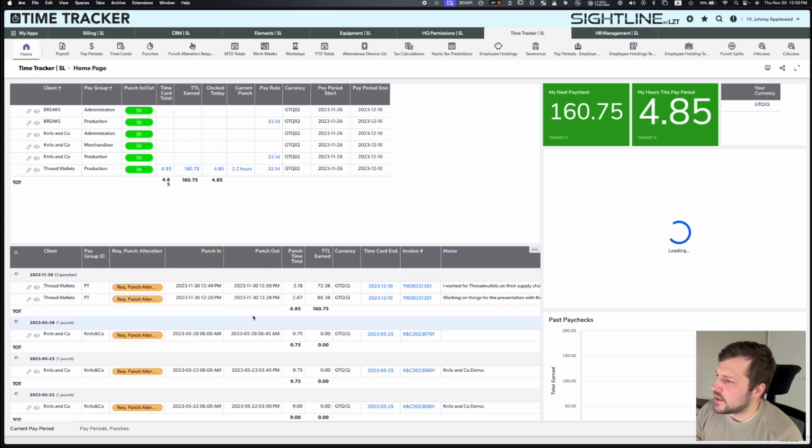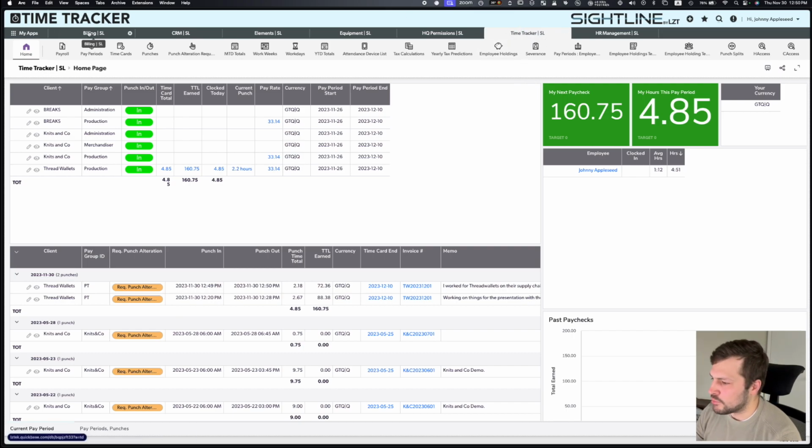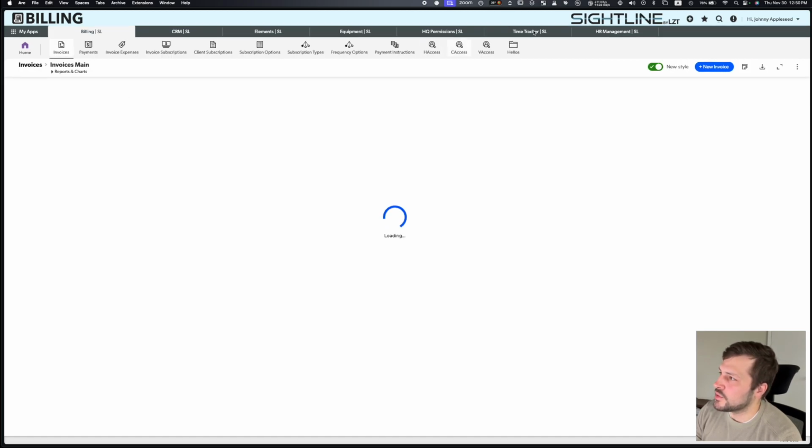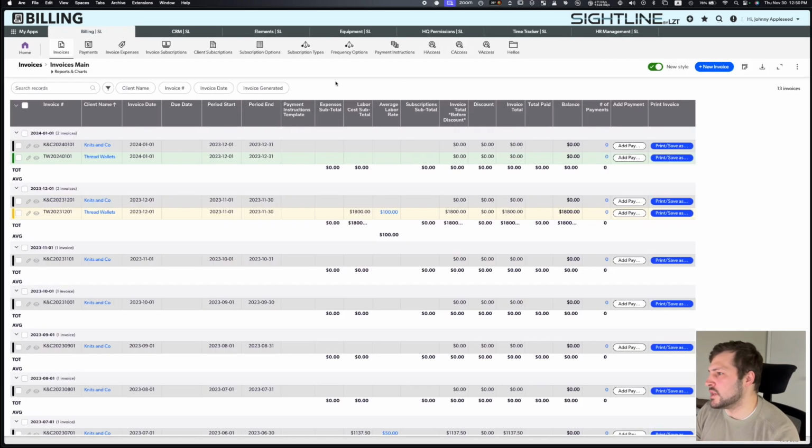So now we're going to take a look at this, and we see that we've got 2 punches under this invoice now. So this is all within our time tracker app, and then we put billing in a separate app so that permissions were a little bit easier to manage, since certain individuals should definitely be able to go and track time, but other individuals should never be able to go and see the billing information. Now in here, I have 2